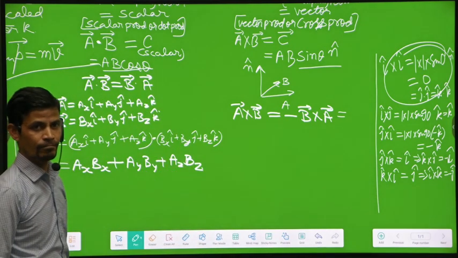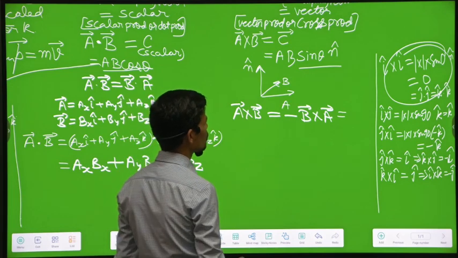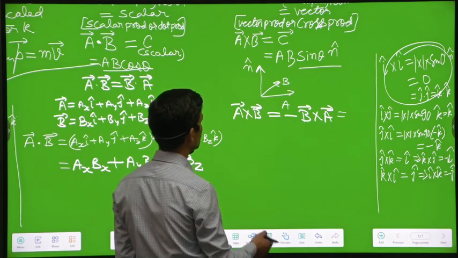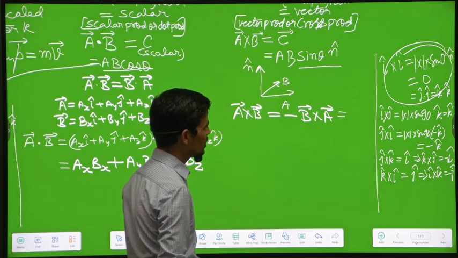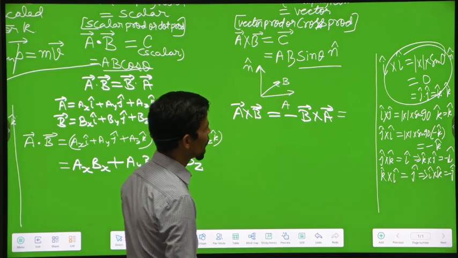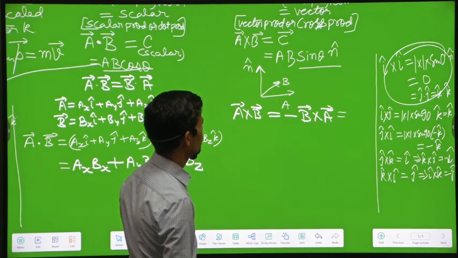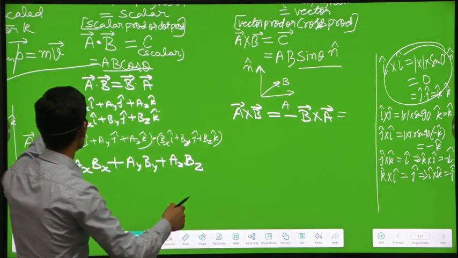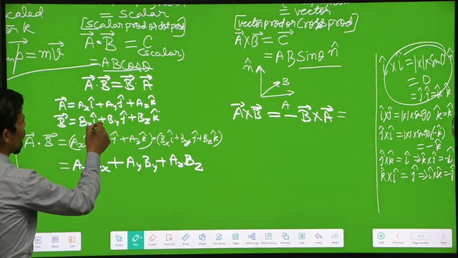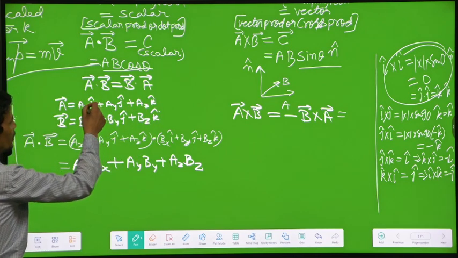Okay, and that will be difficult to find. So ultimately, if we multiply them, that is difficult to find, because we have to write 6 combinations. And what are those 6 combinations? See from here, i and i will vanish, j will vanish, k will vanish, ij